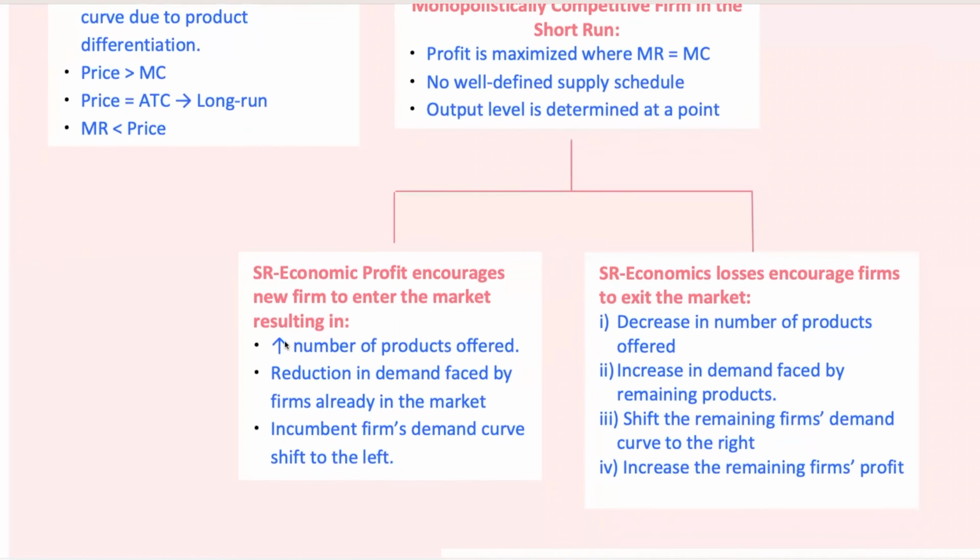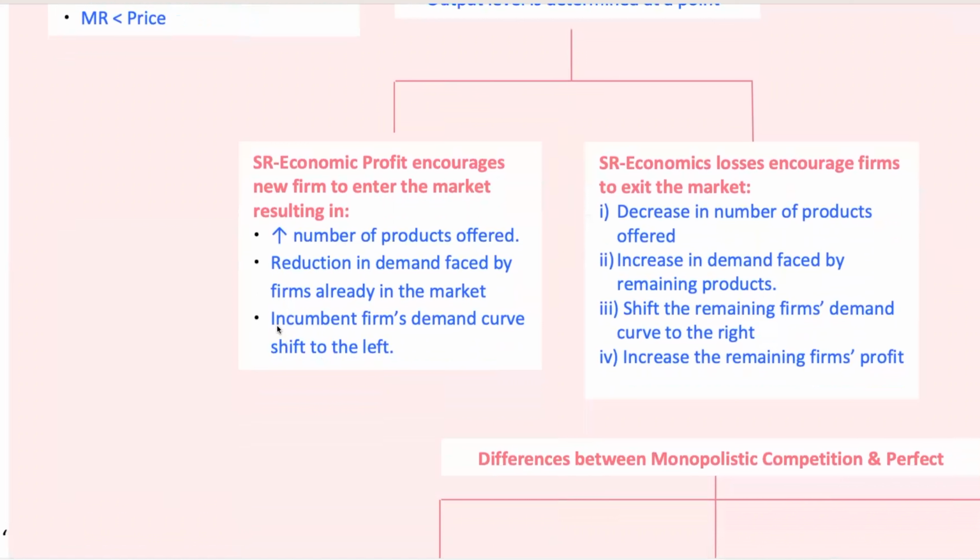Firms in monopolistic competition use advertising and other non-price strategies to differentiate their products. They face a downward sloping demand curve due to product differentiation. For example, restaurants in a city exhibit monopolistic competition. Each restaurant offers slightly different food, ambience, and service, attracting different customer preferences. In the short run, a popular restaurant might earn economic profits, but in the long run, new entrants will reduce